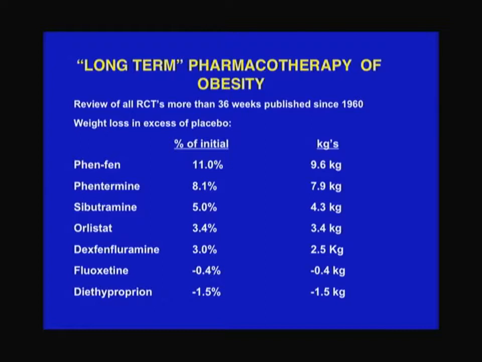This is not meant to be a comparison of one versus another. The three most commonly available ones now in the United States are phentermine, sibutramine, and orlistat. This is Xenical, or Alli in the supermarket over the counter. This is Meridia, and this has many trade names. Phentermine tends to be the cheapest.